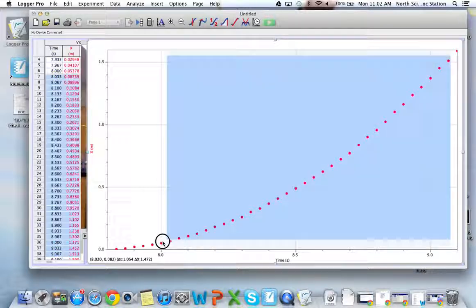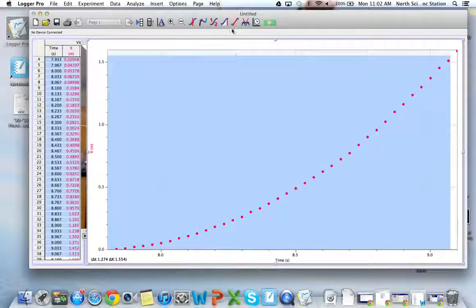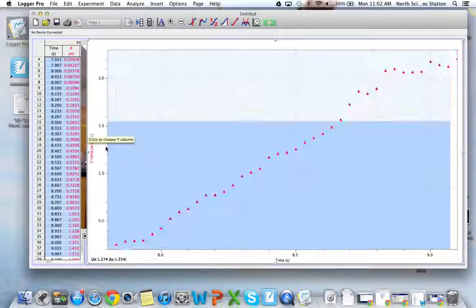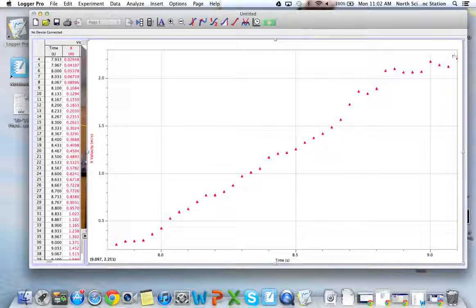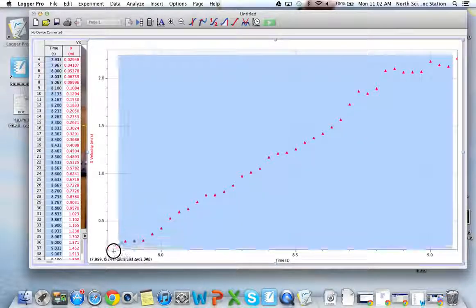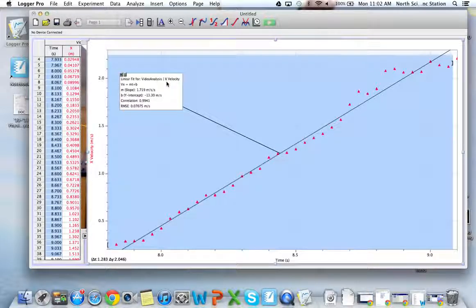I could go and select this. I could do a best fit curve. I could do all these other things. Now, in addition to this, I could also choose the x velocity. So if I click on x velocity, you'll see it's relatively linear. Okay, I probably could have been a little more careful when I was making my marks. Relatively linear. I could go over and get my y equals mx plus b information, and find out values for this velocity versus time graph. So this is a super awesome